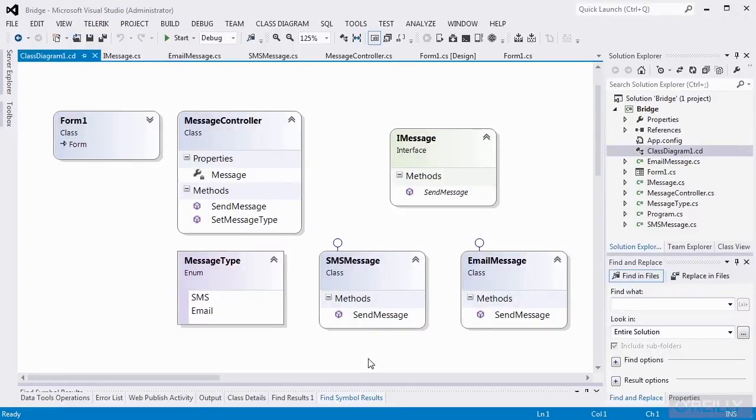This is our code example of the bridge pattern. The basic idea behind this application is that we want to be able to send some sort of message. Initially, our application is just going to support SMS and email messages. But we expect great success, and with that great success, we expect to have to send all sorts of different